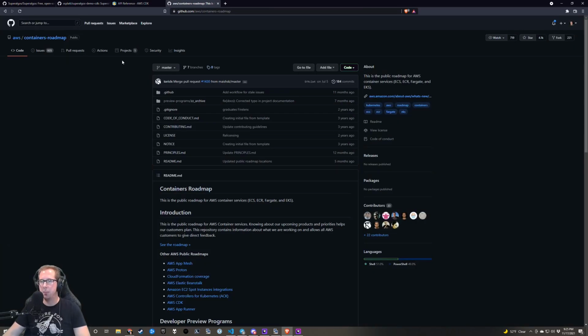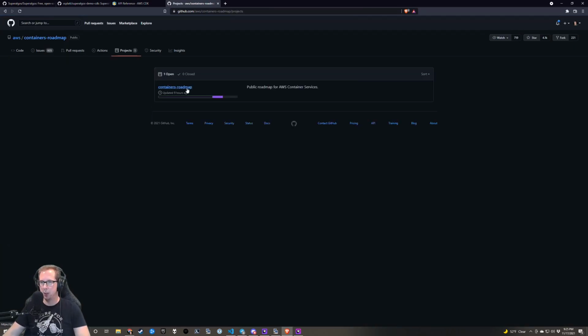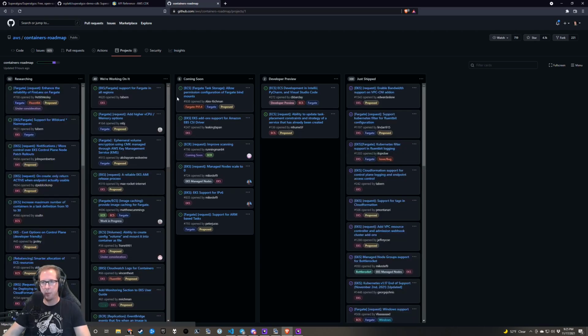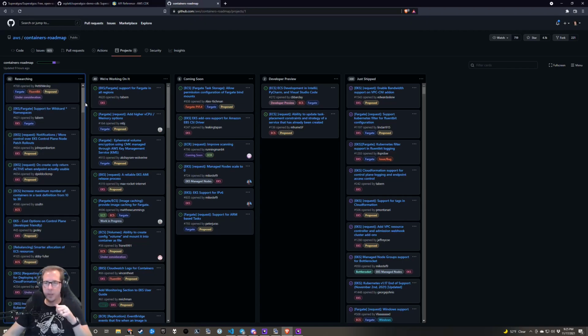The containers roadmap. Same thing. And I think that some of their other projects have similar things, but the reason I came here to the ECS roadmap is I thought it would be super easy